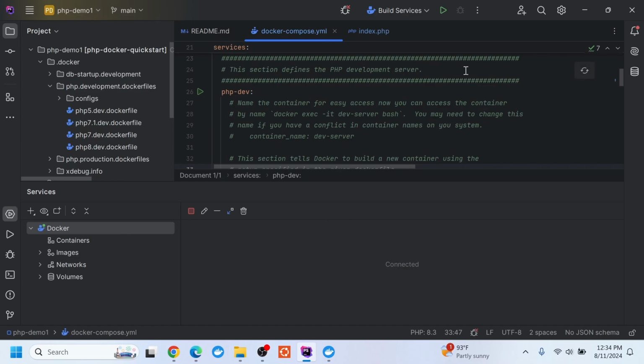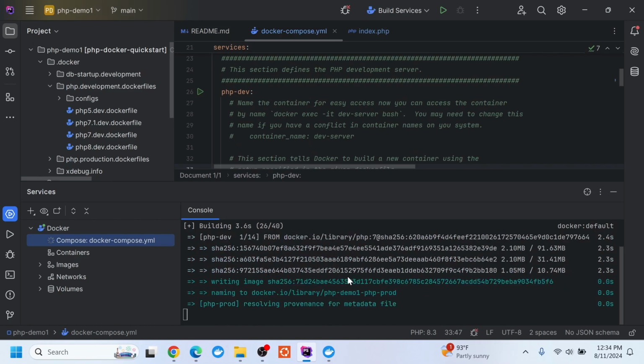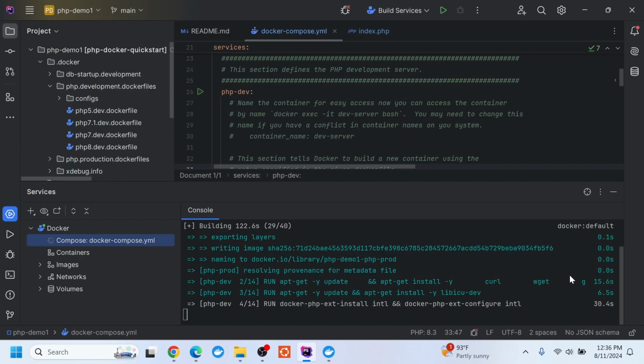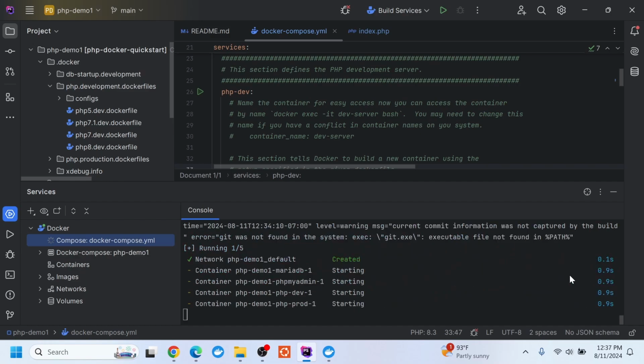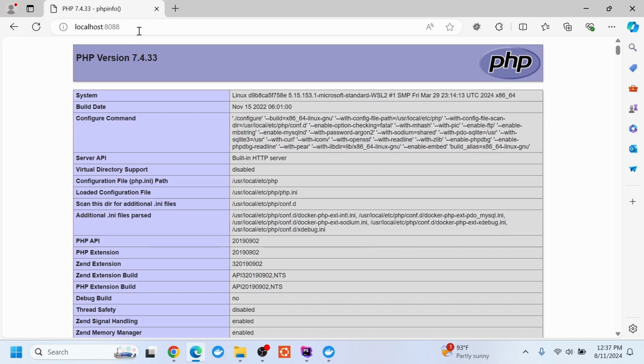And now we've downed the server. I'll go ahead and do my build services again. Now this may take a minute because again we've changed the image that we're using, so it has to download the new Docker image. We'll give it a minute. So now it's downloaded the images for the 7 version of PHP, and we can verify that. Let's go to our browser, reopen our URL, and now we can see that we're running PHP